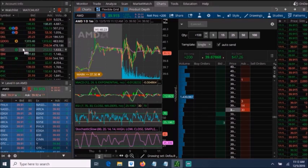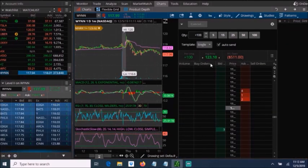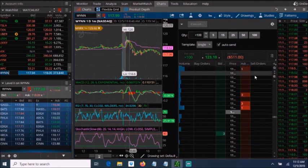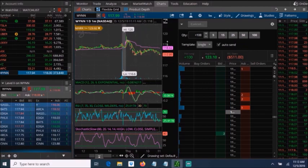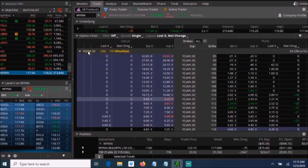Now there's another one that I've been doing it on too. Wynn Resorts. I'm actually down on it. I'm down $511. But I was kind of waiting for it to go up just a little bit more to get more premium on the contract. But if you notice, Wynn is one of the ones that has